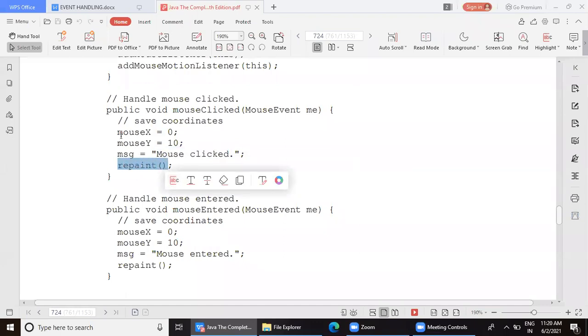So later on, once you understand the entire program, you will understand how this msg is getting passed to the paint method. So I'm calling repaint. Why repaint? Because dynamically, as and when I click, paint should be called. If you just say paint, it is a method which just gets called when the applet gets loaded. Please understand the difference between paint and repaint. I have already told you in the last semester, but just to remind you.